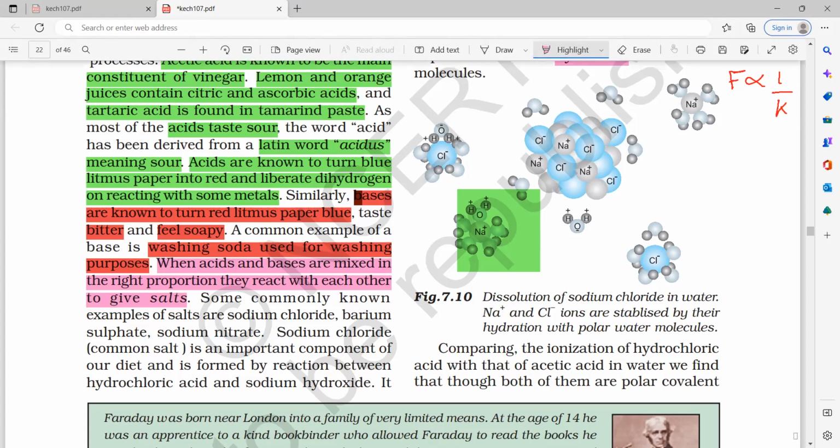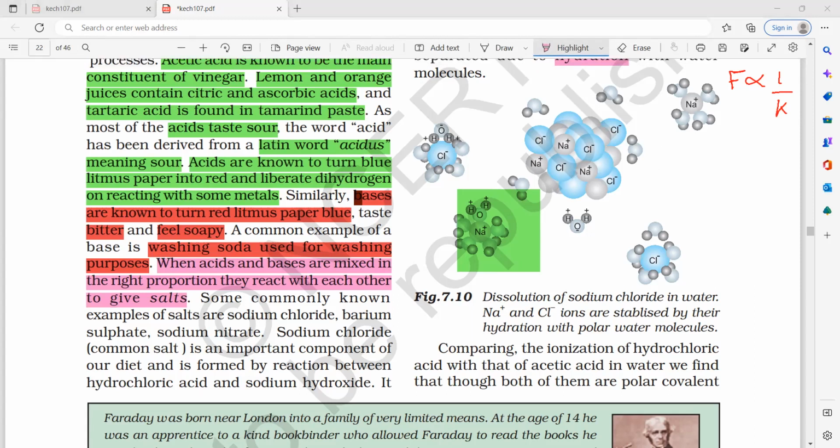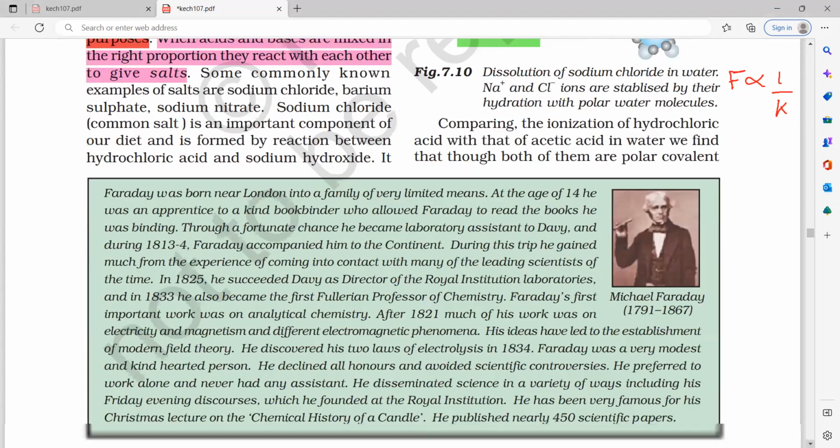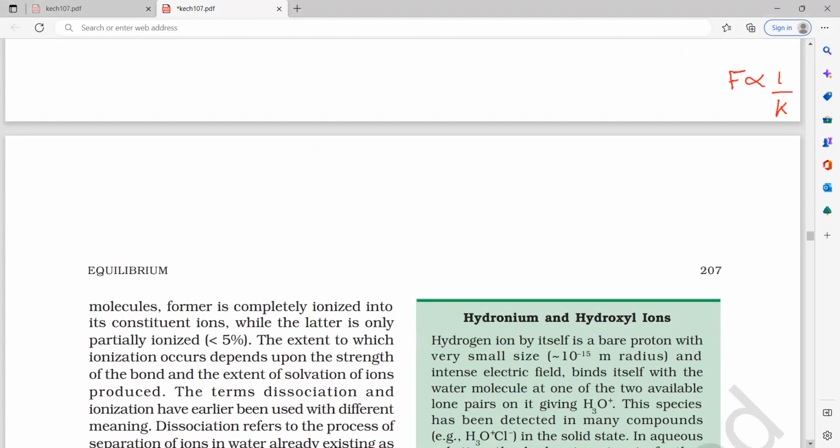Comparing the ionization of hydrochloric acid with that of acetic acid in water, we find that though both of them are polar covalent molecules, the former is completely ionized into its constituent ions, while the latter is only partially ionized, less than 5%. So this is like how many ions you are going to get. The extent to which the ionization occurs depends upon the strength of the bond and the extent of the solvation of the ions. So there are two factors which give information